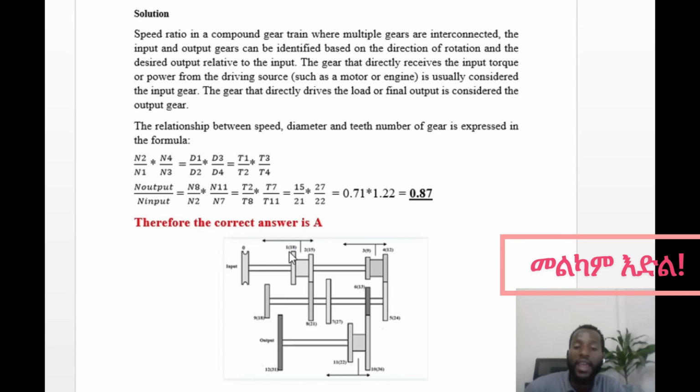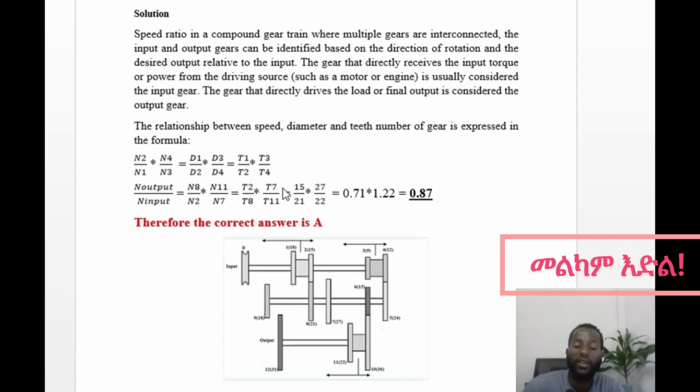So here we have n8 over n2, that means n8 output to this n2 input, times n11 means this one, n11 output here, n11 over n7 which is input, equal with this as we know this teeth number and this speed is inversely proportional. ስለዚህ inversely proportional ስለሆነ n8 over n2 የነበረውን t2 over t8 እናደርጋለን፣ n11 over n7 የነበረውን t7 over t11 ብለን ፎርሙላውን ዴቨሎፕ እናደርጋለን።